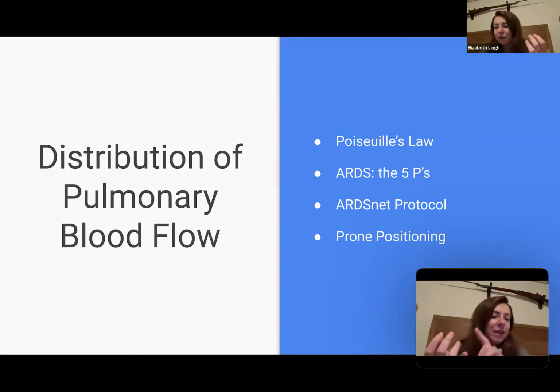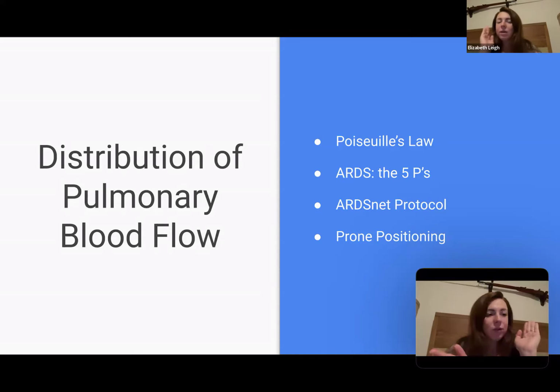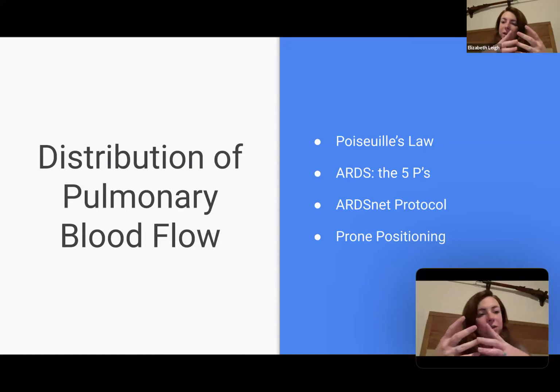And that goes straight into the ARDS-NET protocol, which, think lower PEEP, higher FiO2, higher PEEP, lower FiO2, making sure to not compromise lung ventilation or damage the lungs in any way. We just want to make sure that we're really cautious because the lungs are stiff, right? Because they have ARDS. Prone positioning, think swimmer's position,